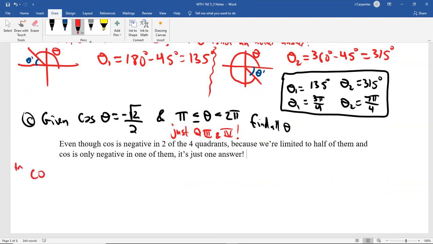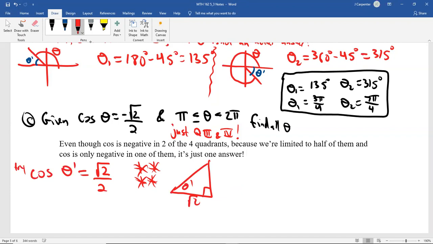So let's try the cosine of theta prime equal to, ignore any positives or negatives, square root of 2 over 2. Now, for asterisk memo, this is going to be an issue more than once in this course. If you draw up your right triangle with an adjacent of square root of 2 and a hypotenuse of 2, I'm going to do this not in a good way for a second. So if you did it this way, if you said, here's your reference angle, the adjacent square root of 2, and your hypotenuse is 2, it turns out that this side is also square root of 2,